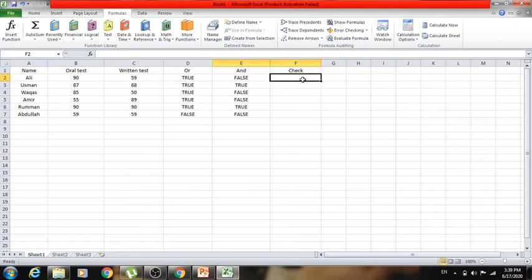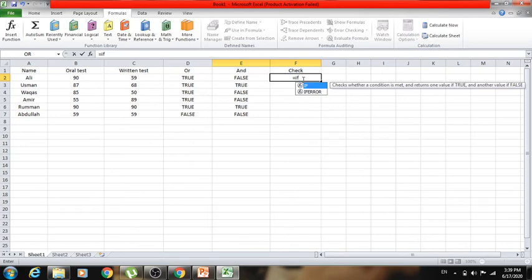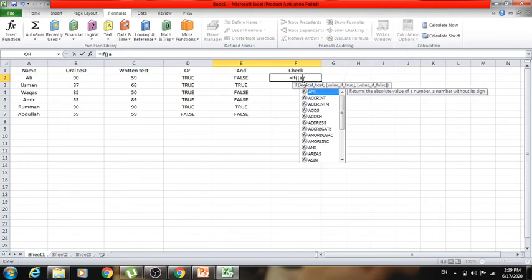Now last we have to do the if and AND together. You have to write here, and before starting you have to give is equal to, as we all know. Then we have to write if because we are doing the if operation, and two commands, one for if and one for AND.